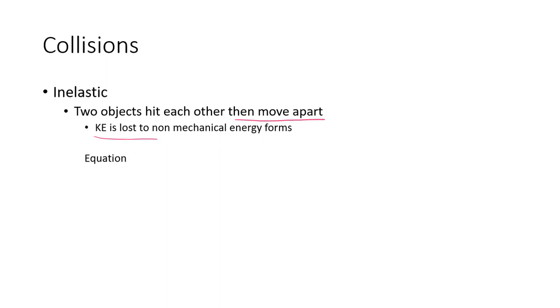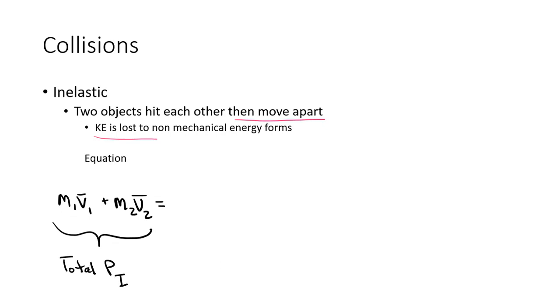All right, so what would the equation be? Well, I would have one object, m1 times its velocity. That would be my initial information for the first object, plus the second object, what's its momentum, m2 times its velocity. And again, this would give me a total initial momentum. And that's going to equal the total final. But now I have more things that might not be known. So the mass, we're assuming, doesn't change. And then this would be m1 times its final velocity, and then m2 times the velocity of 2 final. And this would be the total